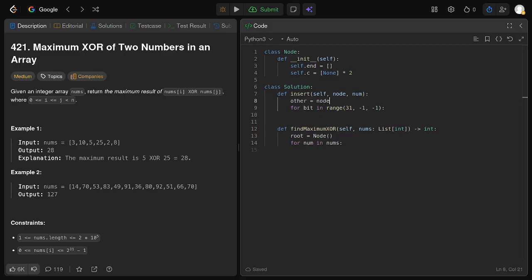Other is node, and then we do num bit is num bit and 1, and now if other left or other right,